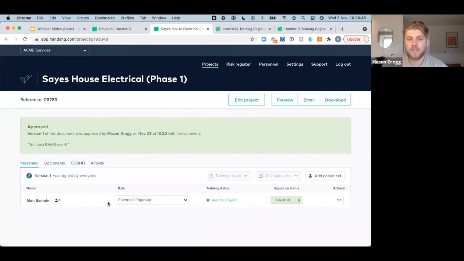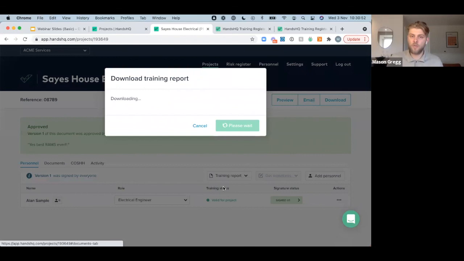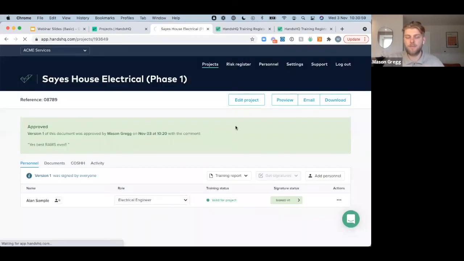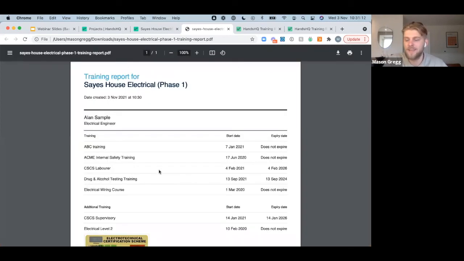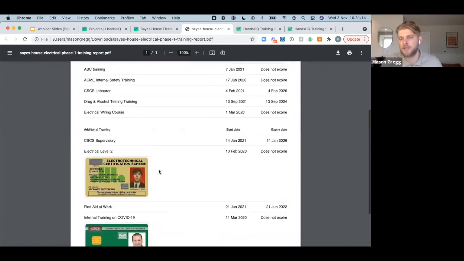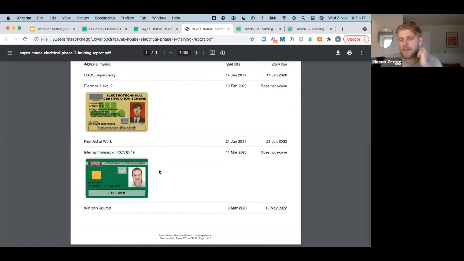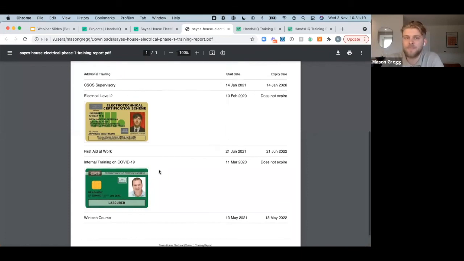So we can see here we've got a training report. All of those individuals and personnel that go onto that site, a training report can then be downloaded. If your clients ever ask you, you know, Alan's coming to site today, can you prove that they've got the correct training for the job at hand, for the task? You could be one step ahead of them rather than having to run around the office trying to scan copies of certificates into the system. You can just download a whole training report and all of their information is there, ready to be sent off with the RAMS as well.